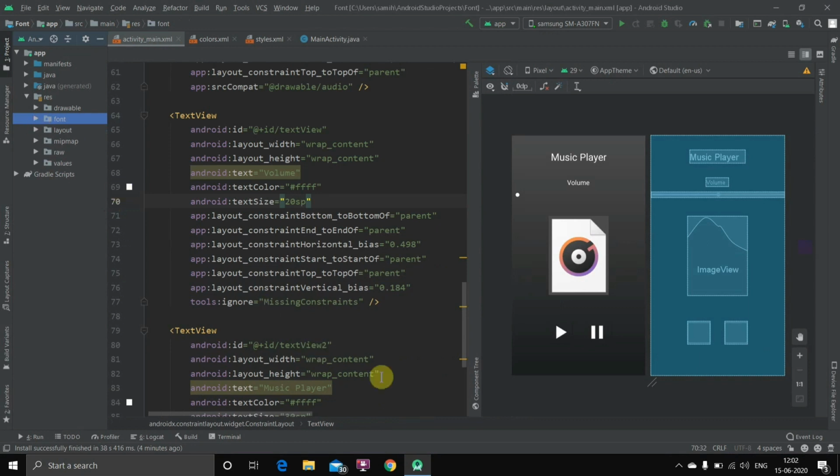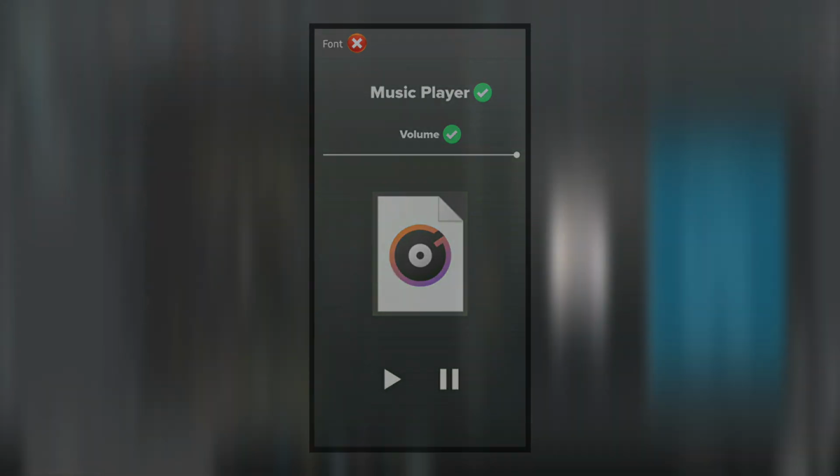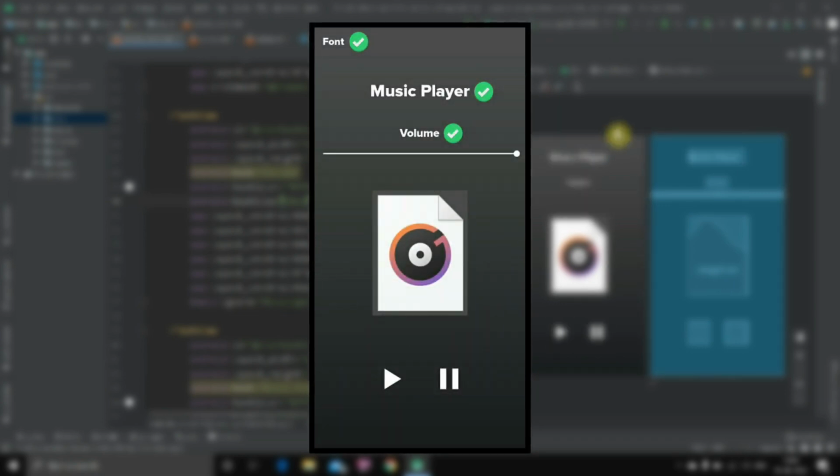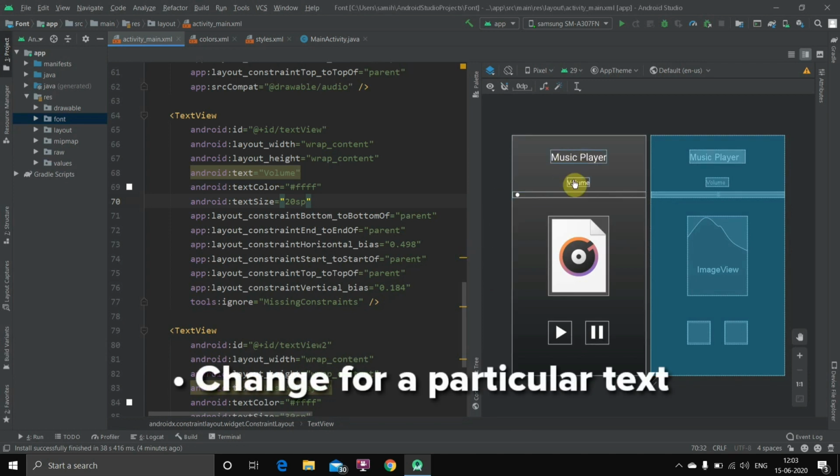Now we'll have to change it inside the XML file, right? Now there are two things. First thing is that you can change the font for particular text views, like these two we can change. Alright, and second thing is that you can change it for the whole application. Now the difference here is that if you change it for a particular text field, it will apply to that particular text field only, and if you change it for the whole application, then the action bar will also get affected and anything you type inside the application will be shown in that particular font. So first thing which I'll show is I'll change it for particular text fields.